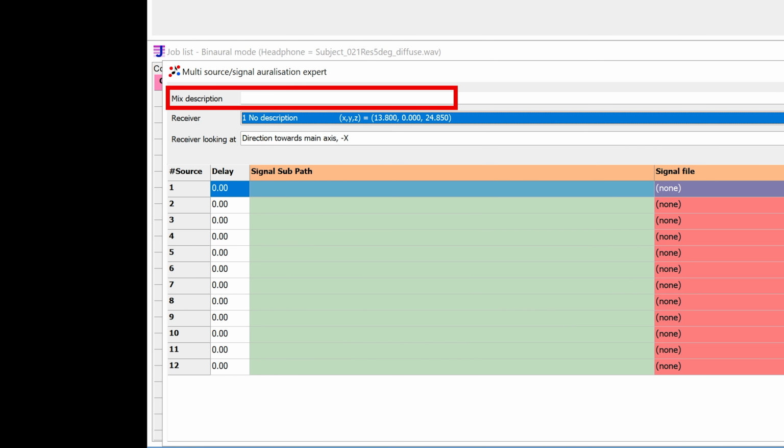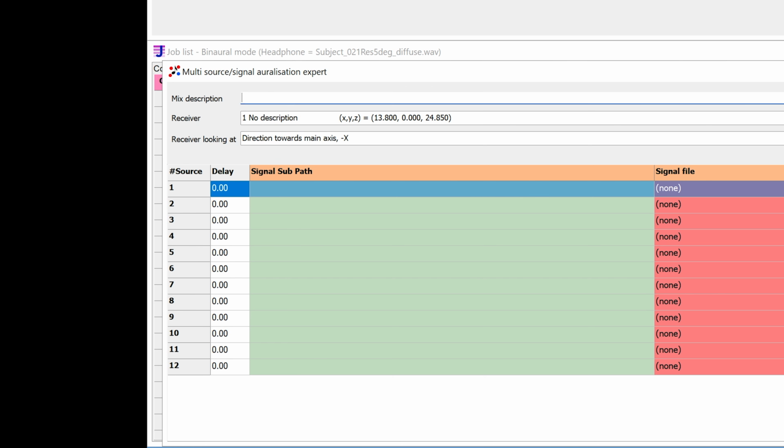First, you can enter the mix description here. Then, select the receiver, which will be your listening position. For this example, we will leave the default of receiver 1. You can also change the direction here, which can have a big impact in auralizations.